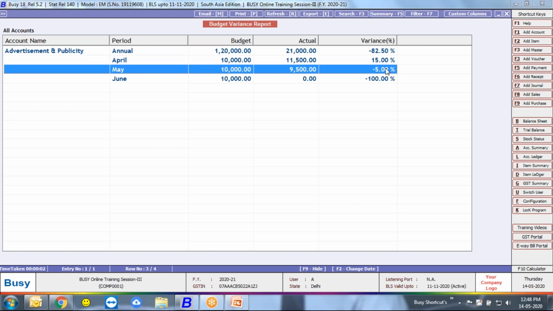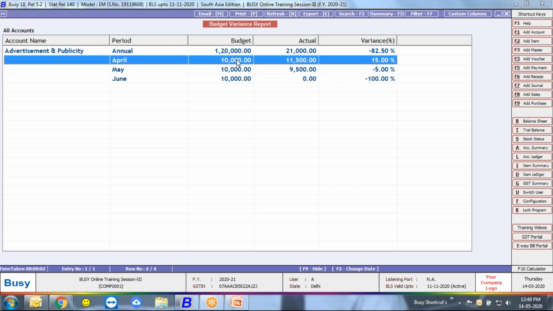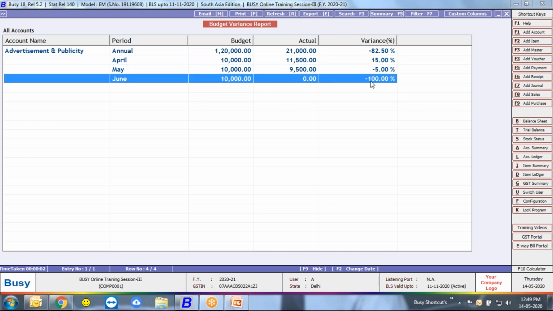So this is the report which helps management to analyze its expenses, expense trends, so that they can understand and analyze their expenses or their investment trends. So this is the only report regarding your budget feature.